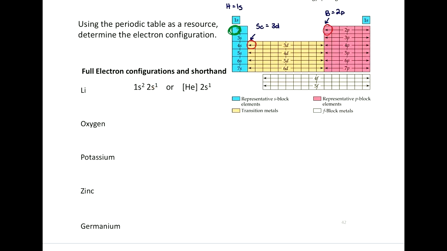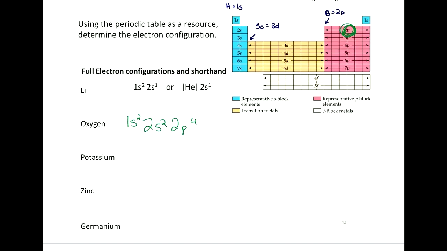We can do the same thing with oxygen. Let's just write, where is oxygen? It's like right there, I think. And so we start at hydrogen and we just work our way up. So oxygen will fill up our 1s subshell first. All right, that brings us here to lithium. So lithium starts 2s, so 2s, we want to fill it up the whole way. That brings us to boron, and then this helps, if you remember, boron starts 2p because 1p doesn't exist. So 2p, but how many electrons are we going to put on our 2p? 4, yeah, look at the periodic table.